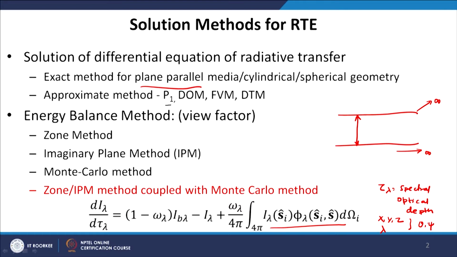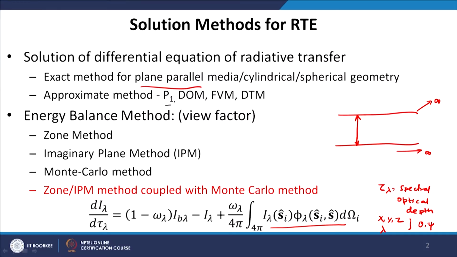So, the major complication in the solution of this equation comes from the directional dependence of intensity. This directional dependence also appears in the integral part of this equation, that is the right hand side, the last term. The scattering phase function introduces how the intensity will be redistributed after scattering. So, that is basically a directional quantity, and similarly this particular governing equation is for a given path and we have to integrate this equation to find out radiative heat flux and divergence of heat flux over all the solid